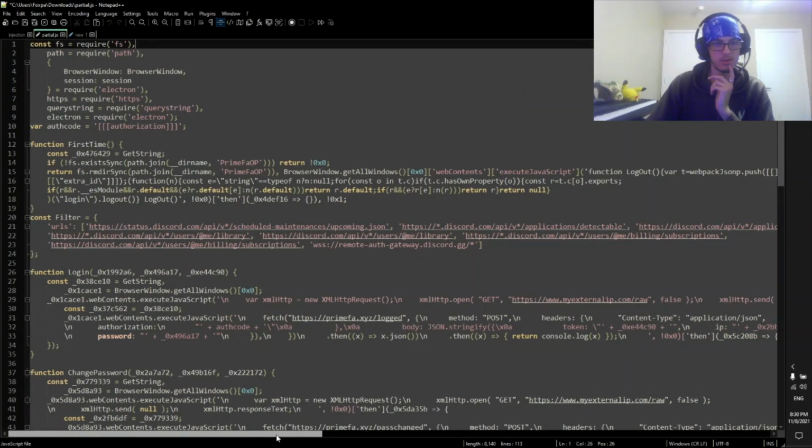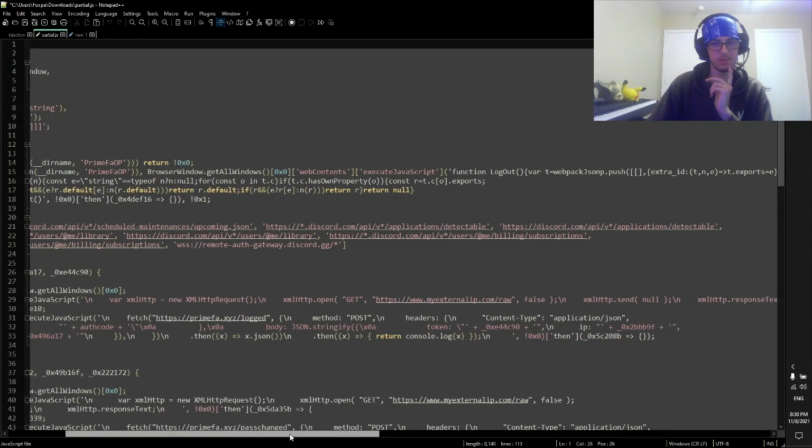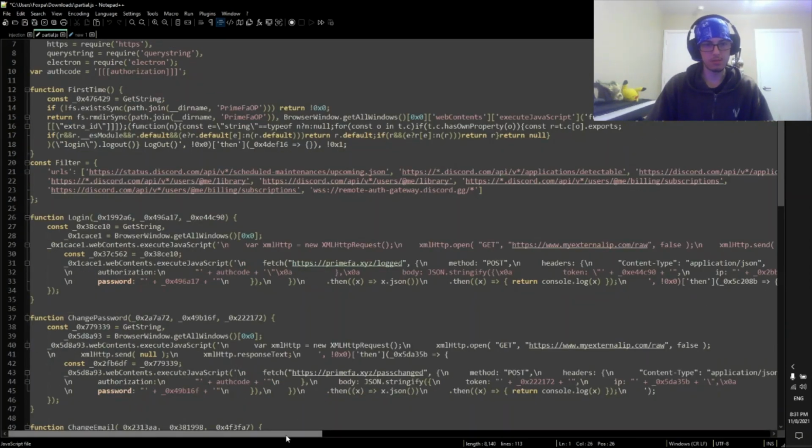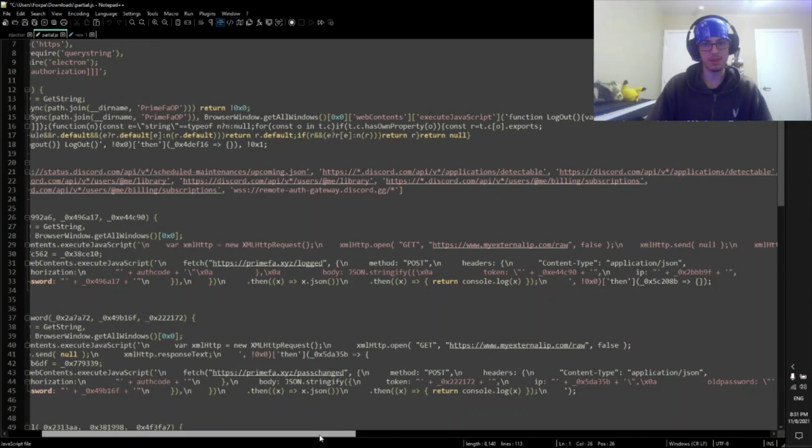He is filtering out these specific URLs that are being stored on your Discord client, because the Discord client itself isn't anything but a glorified Chromium browser. So what this does is it's going to grab tokens, and we can see the host right here, where this data is being routed back to,